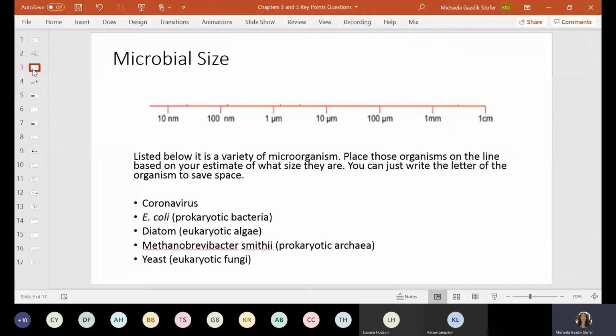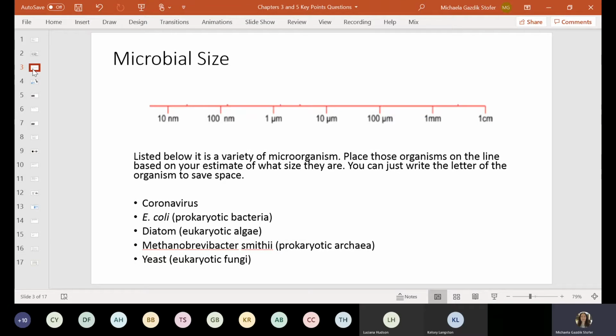Okay, so we're going to move on. We're going to walk through the main topics of this chapter. The first was microbial size. And so this is just a fun way to look at microbial sizes. I don't need you guys to memorize exact numbers for anything in this class. I just want you to have a general sense of what types of organisms are going to be in what